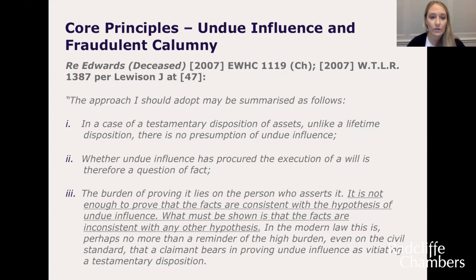What this is a reference to is that, of course, we're all familiar with Royal Bank of Scotland v Etridge and the Chancery definition of undue influence: if there's a relationship of trust and confidence and a disposition that requires an explanation, then the court will sometimes presume the undue influence, and then it's for the undue influencer to rebut that presumption. Well, things are different in probate claims. Here you have to prove actual undue influence.